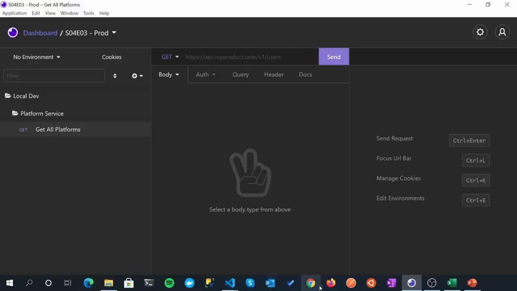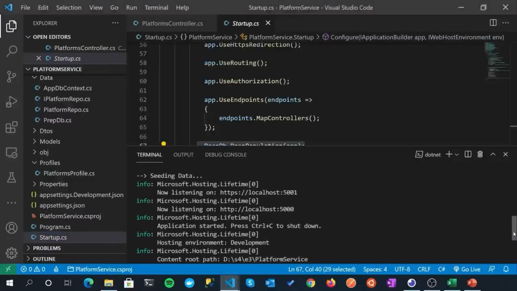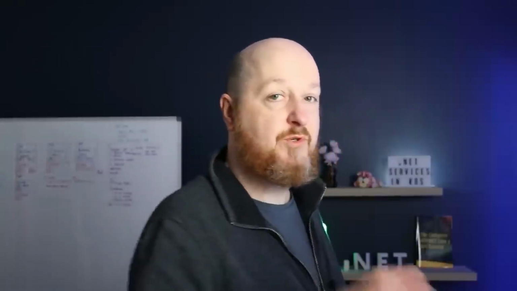Well, if we come back over to our running application and scroll up a little bit, you'll see that our application is listening on localhost 5001 for HTTPS and 5000 for HTTP. Now, in this video, I'm actually not going to work a lot with HTTPS, which is not something I would usually do, but for various reasons, more especially when we come to Kubernetes, it becomes very complex, and it's going to distract us from the core of what we're focusing on. So for the most part, I'm going to be hitting the HTTP endpoints rather than HTTPS.